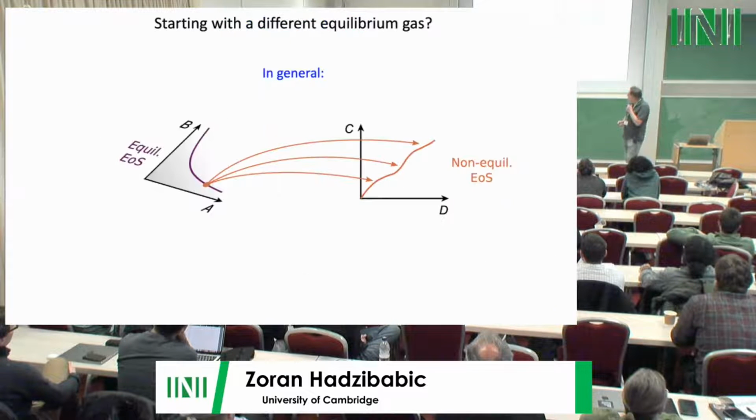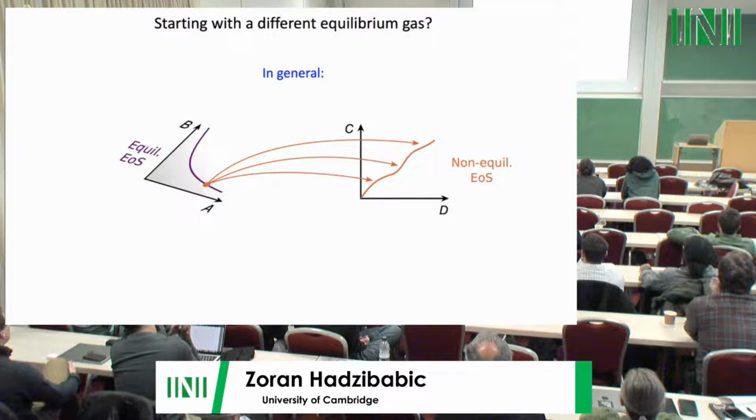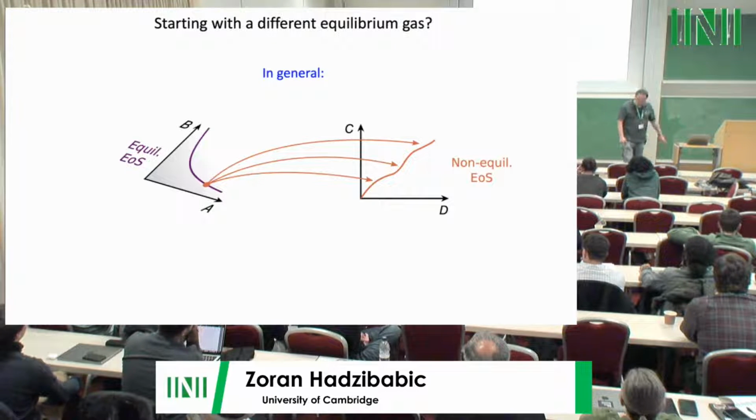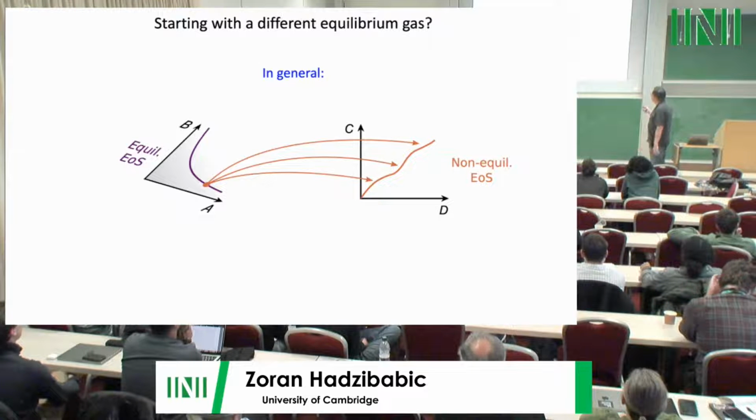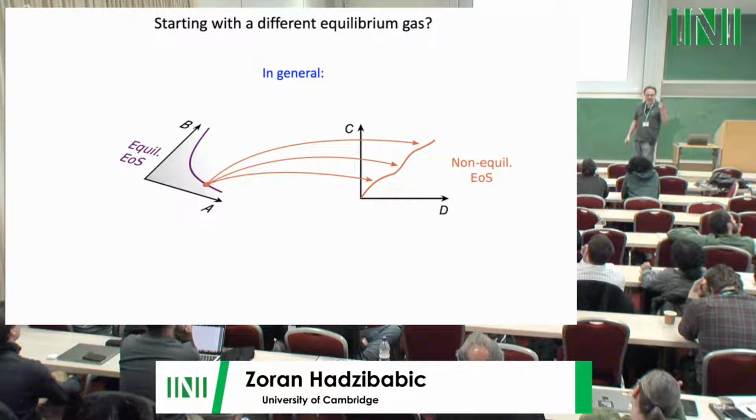That's step one. But now the next question is like everything I've shown you so far is for a single gas. Right? I started with some equilibrium gas and I drove it in different ways. On resonance, off resonance, weakly, strongly, whatever. Okay. And so again, thinking in the language of thermodynamics and equilibrium and non-equilibrium equation of state, generally if you have some equilibrium system, then the equilibrium states lie on some curve. You can take one of these points, and from one of these points, you can create countless non-equilibrium states. Okay? And then, if those happen to be stationary, they might be described by some non-equilibrium equation of state, as we have just shown. But everything I have shown so far is for a single system, single density, single interaction strength. Right?